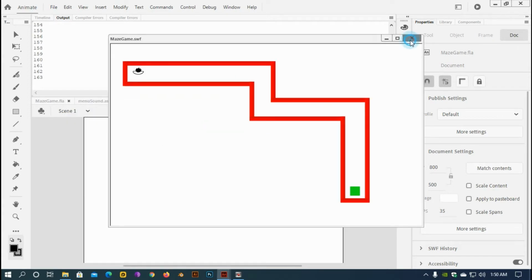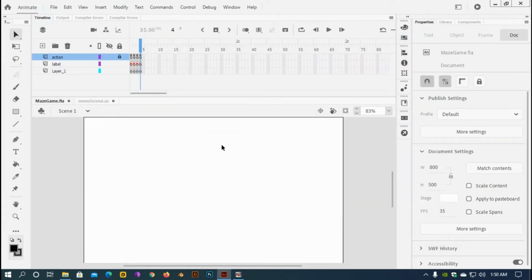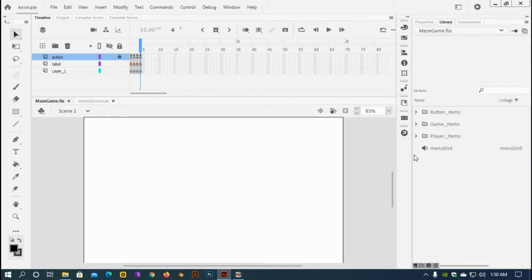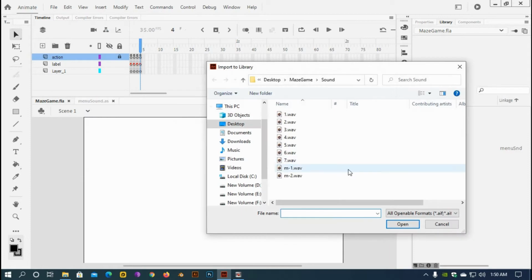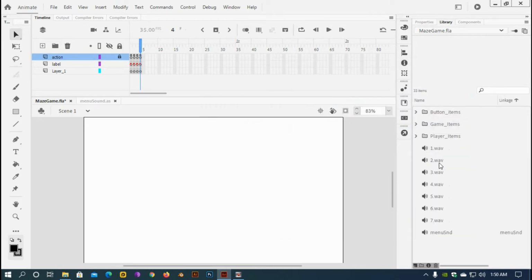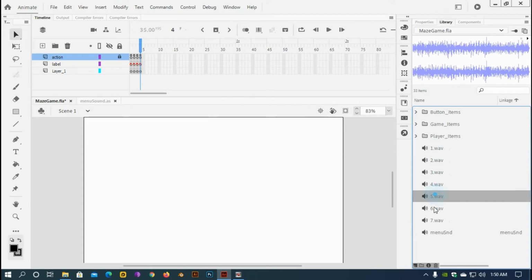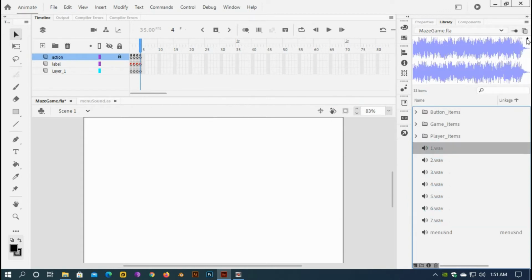So I have already a few sounds that I downloaded, so I'm gonna import all of them. Import to library, and here I have other sounds. By selecting 1 2 3 4 5 6 7, by selecting these, just click open, and here I have got other sounds for my levels. The first one,